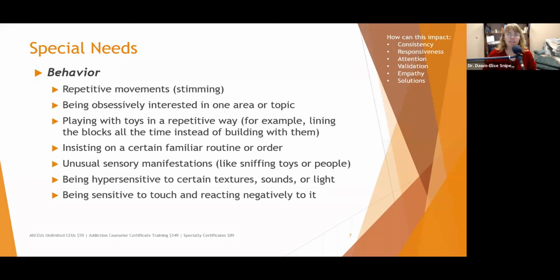Being hypersensitive to certain textures, sounds, or lights, or being hyposensitive. Typically, more often, the person is hypersensitive, and that can be certain clothes, that can be high-pitched sounds, low-pitched sounds, repetitive sounds. We need to really break it down instead of just saying loud noise. Maybe it's loud treble versus loud bass, or vice versa. And certain types of light, it may be different spectrums. They may not do well with the daylight bulbs and the broad spectrum. They may need the soft white and the more yellowy bulbs.